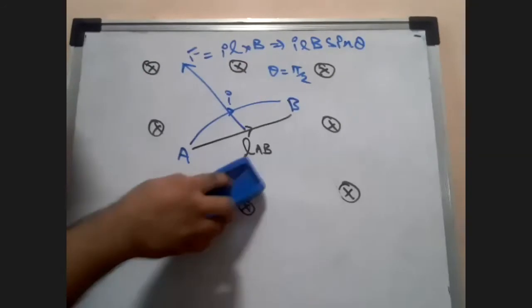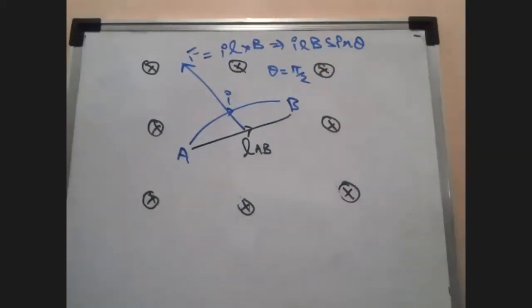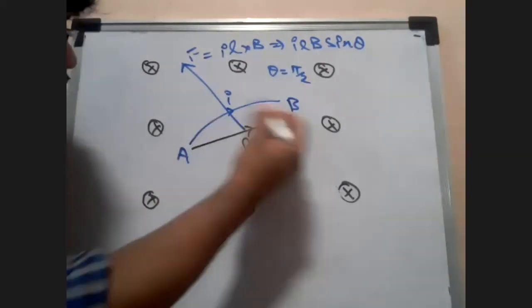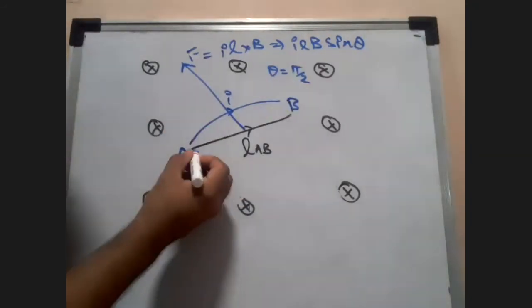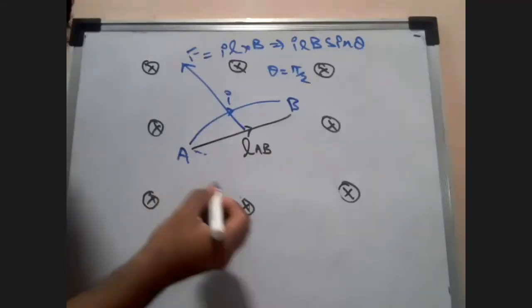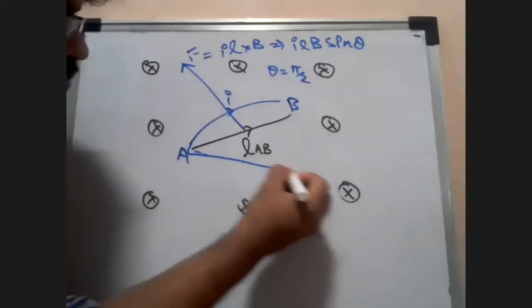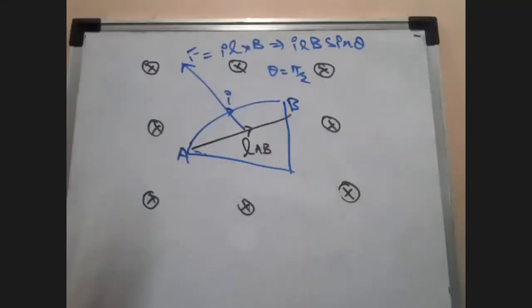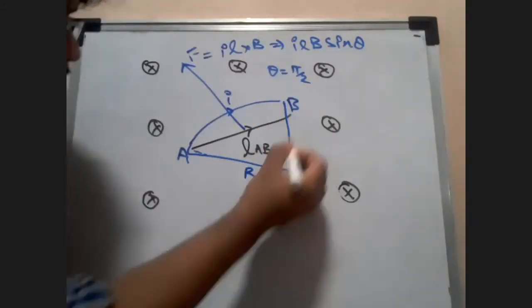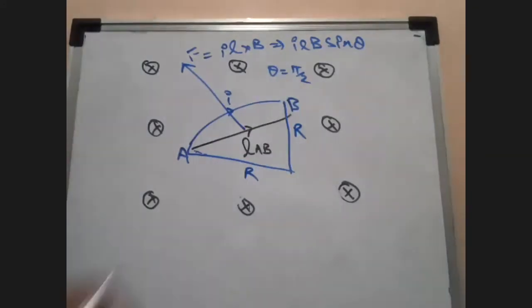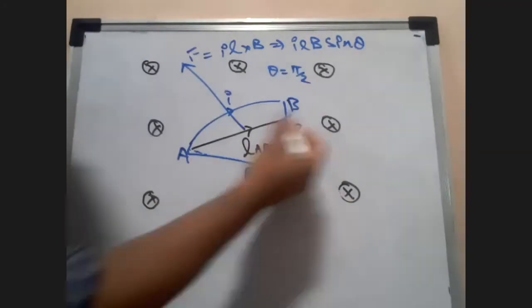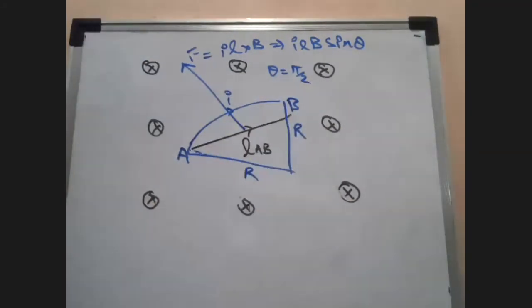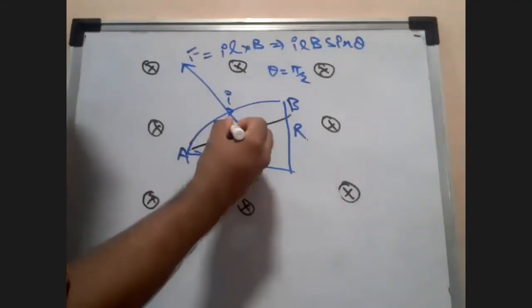See, listen to me, students. Of course, I know that this quarter here, which I have drawn in blue over here, is a part of a circle. So if it is a part of a circle, can I say it is somewhat like this? If I complete the diagram, students, it is somewhat like this. And now it has a radius r. So if this is radius r, the length vector AB which you have taken, what is the length vector going to be? If this is radius r and r, so it's going to be root 2 r, students.